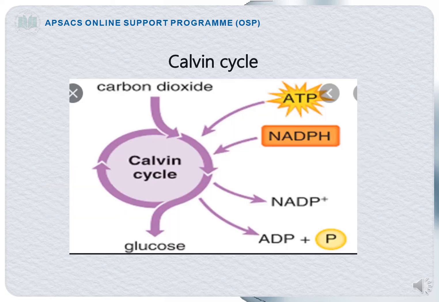You can see the diagram over here. It is using the ATP and it is using the NADPH, so it is using only the hydrogen, right? It is also using the ATP, so the ATP is converted into ADP, as one of the phosphates has been removed from it. It is also using the hydrogen of the NADPH, so it is oxidized into NADP.